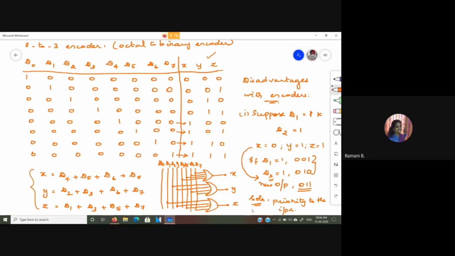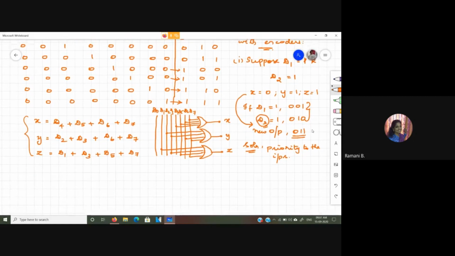So in that case, if D1 and D2 are equal to 1, how we design the system is, I am giving priority to the higher subscript. So I will consider this D2 alone to be 1 and I will have the output as 0, 1, 0. You are not getting an unwanted output. You give priority to the input and you get an output related to that. So that is one way of overcoming this error. And another thing is,